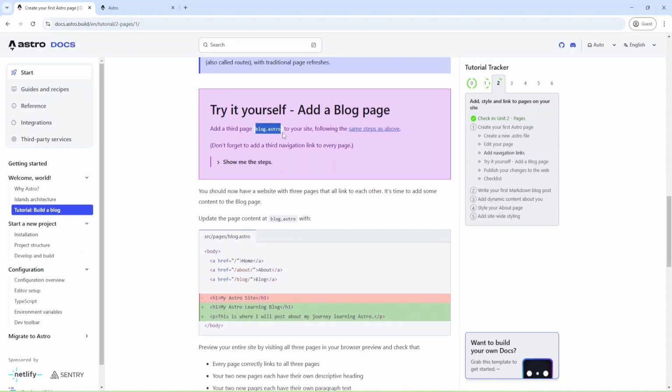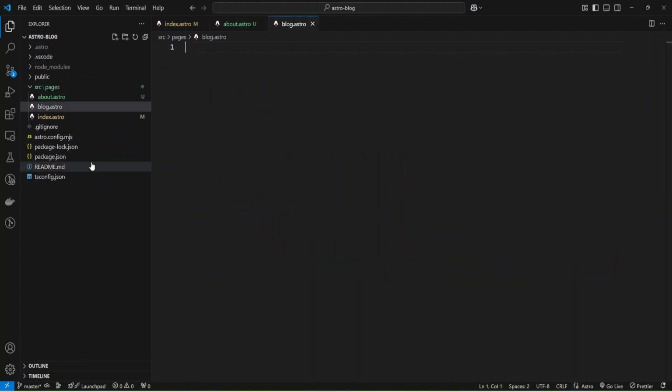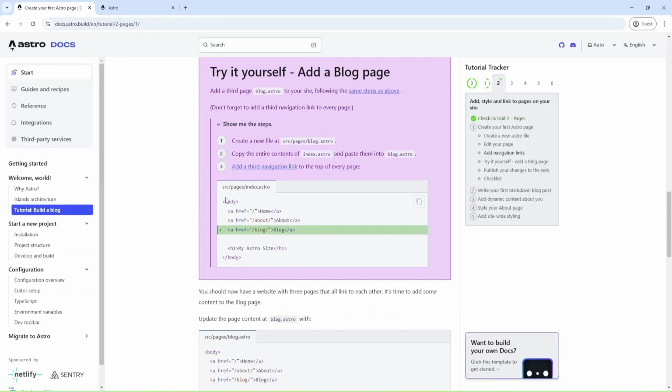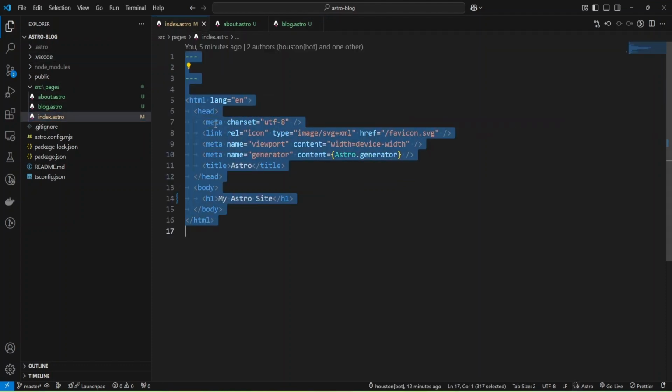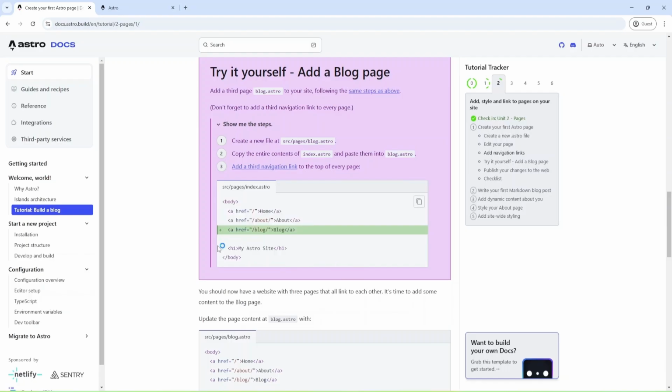Okay, and they propose to add the next file inside pages, and the file will be blog, and I'll just see the code and create a new file, and then copy the index file inside blog, and we'll paste this content.